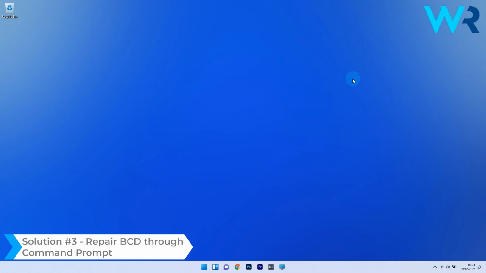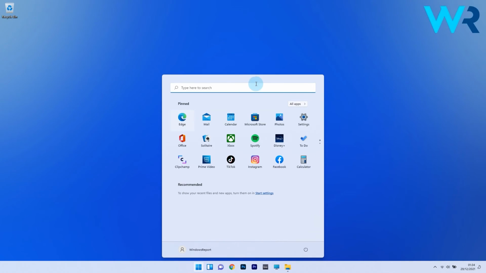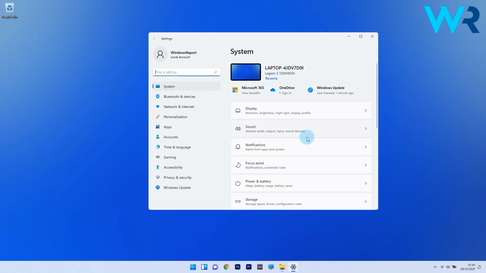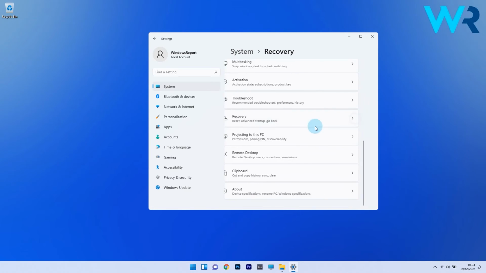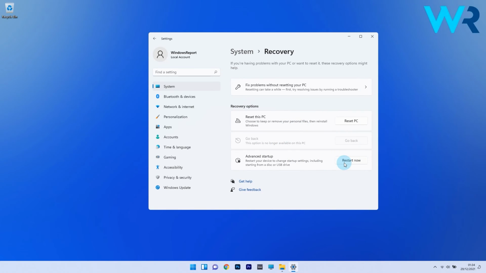And lastly, you can also repair BCD through Command Prompt. To do this, press the Windows button, then simply select the settings icon, and afterwards make sure to click on System on the left pane, and then on the right side scroll down until you find and select the Recovery section. Now just click on the Restart Now button next to Advanced Startup, and your PC will boot to the